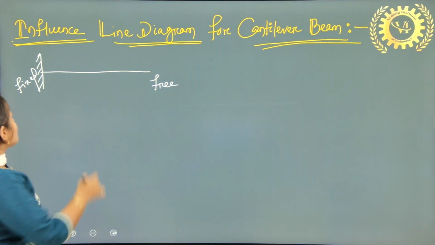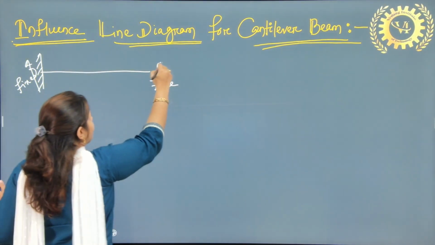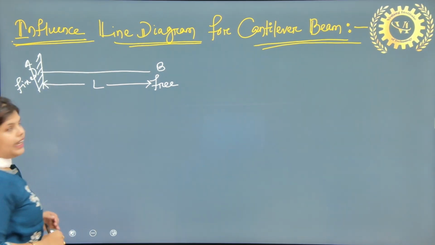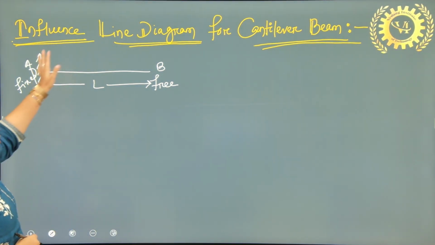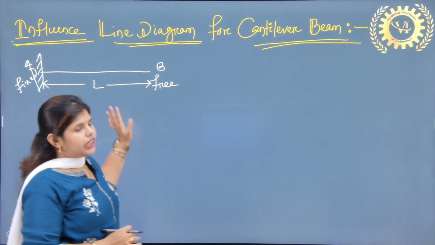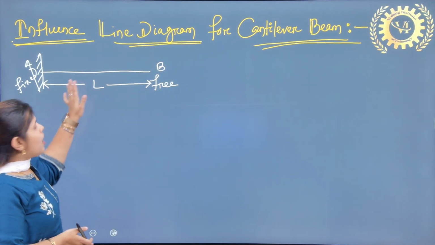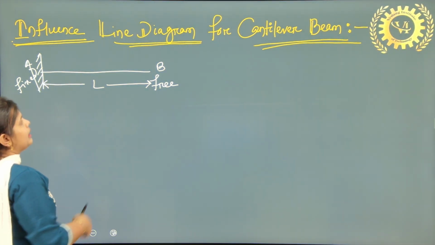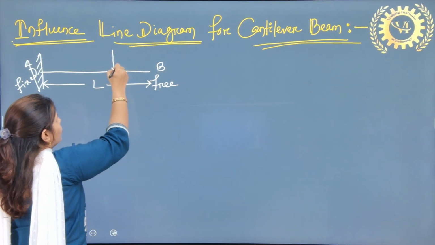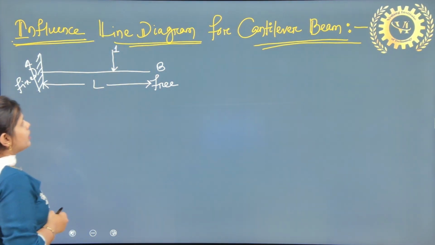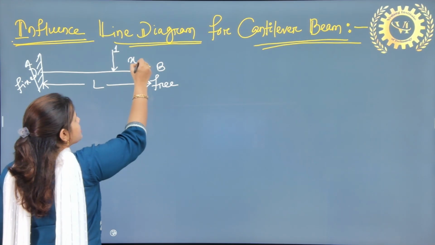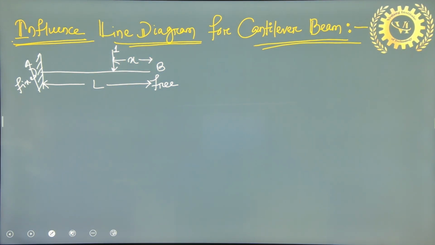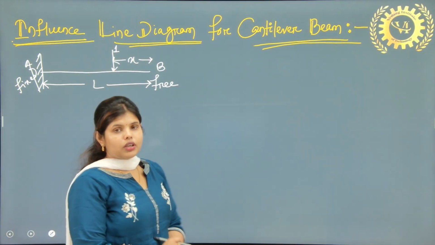Nothing will change here. So let's take the beam as AB, and the length of the beam AB is L. We know that we need to draw the influence line diagram in case we have a moving load on beam AB. So let the moving load, that is unit load 1, be at a distance of x from point B. So what will happen next? We need to draw the